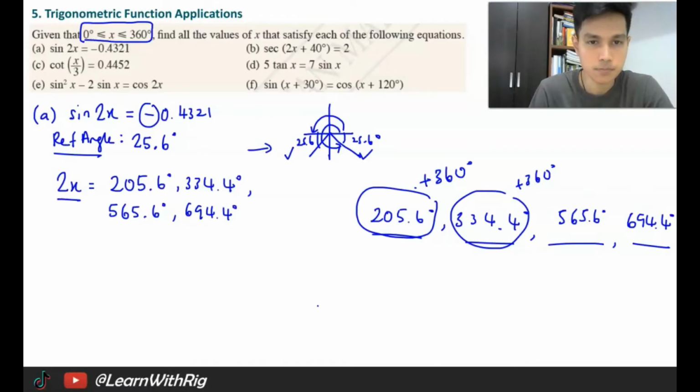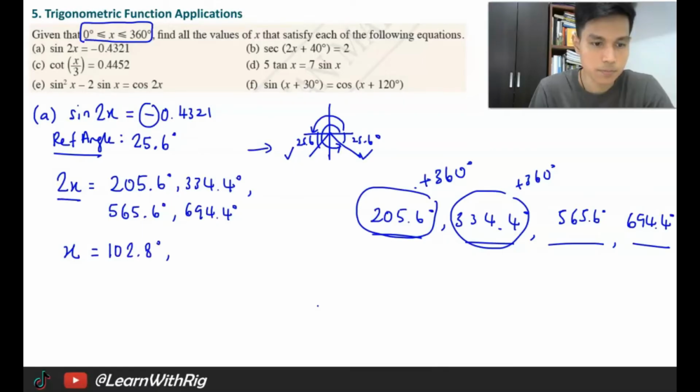Clear? So now this is still not complete yet, because why? You are looking for x. They ask to find all values of x, so that means all this answer is only for 2x. You don't want 2x, you want x. So what you're going to do is take x equals to, so the 2 you're going to shift over, so you're going to divide by 2. So all of these numbers are going to divide by 2. When you divide by 2, you should get your answer